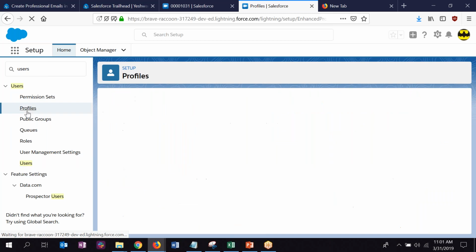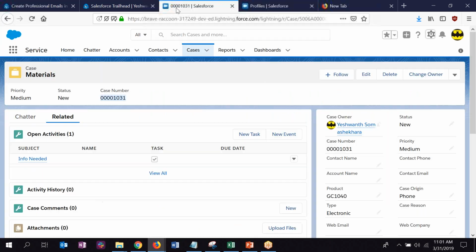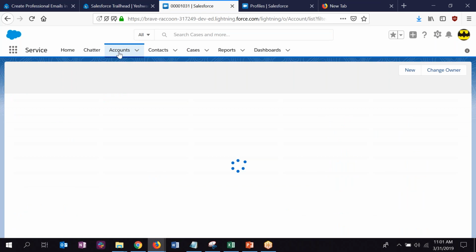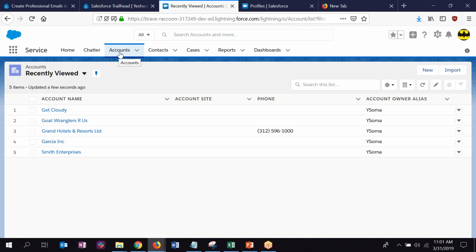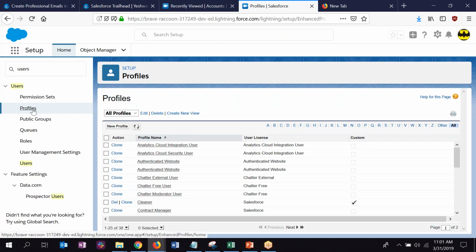Then, for example, we are here, right? So let's say they're like, okay, we need Praveen to see only organizations in Toronto, and we want Yesh to see only organizations in Vancouver. So those are the things usually the admin is doing. Okay. So what you'll do is you'll go in there, you'll either do profiles, which I'll cover everything in detail. I'm just showing you what you'll be doing.